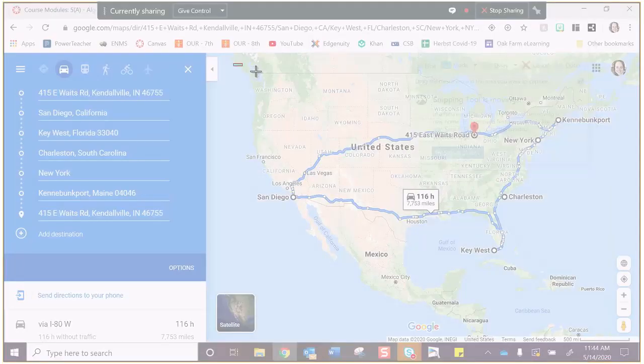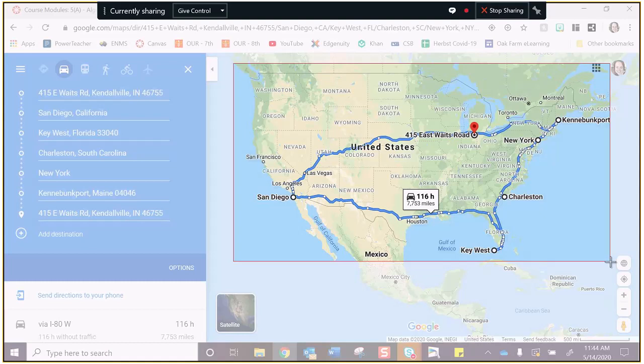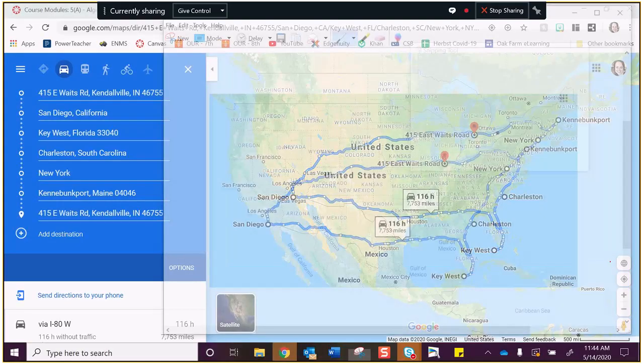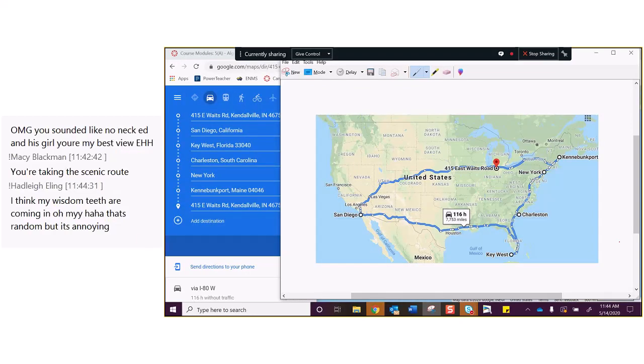You've got to get back by the time school starts. That's a long time of driving. This one's saying 116 hours. I know, that's right? 116 hours in the car. How many days is that? Divide that by 24. It's probably between 4 and 5 days. That's 4.83. You can only drive for 8 hours, so divide that by 8. It's like 10 days of just driving your whole trip.